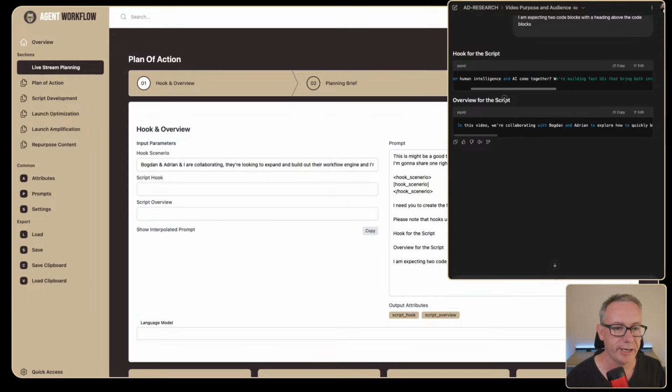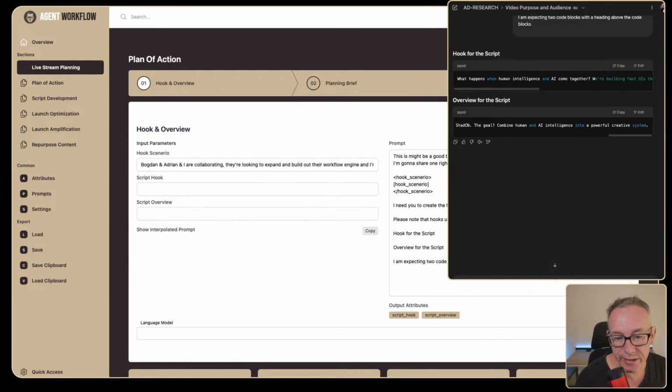I don't see human in the loop in that. Okay. Can we anonymize Adrian and Bogdan? I don't know that I need that in the hook. And I do like the term human in the loop, which I can't see anywhere.